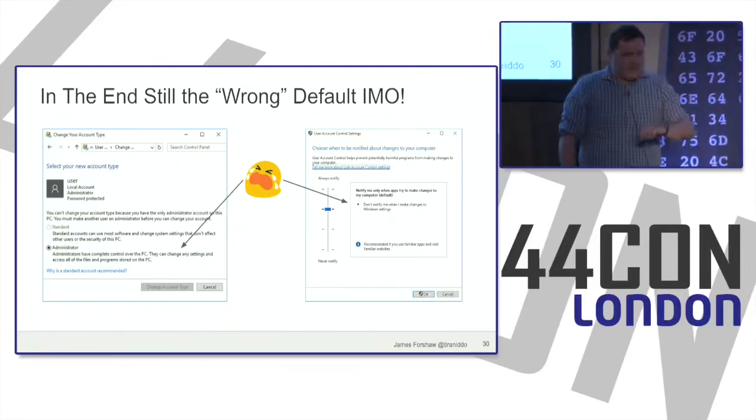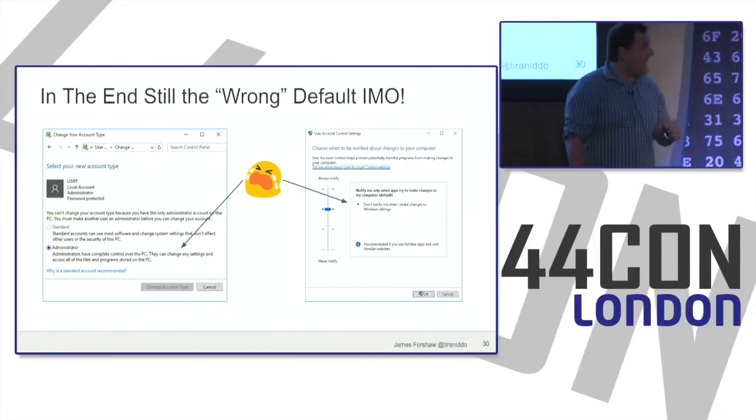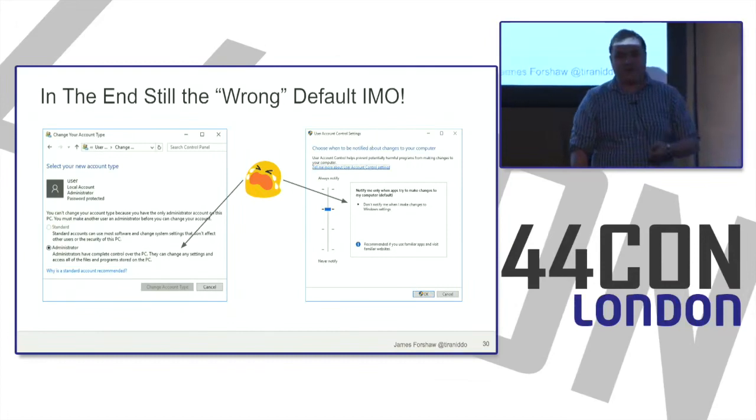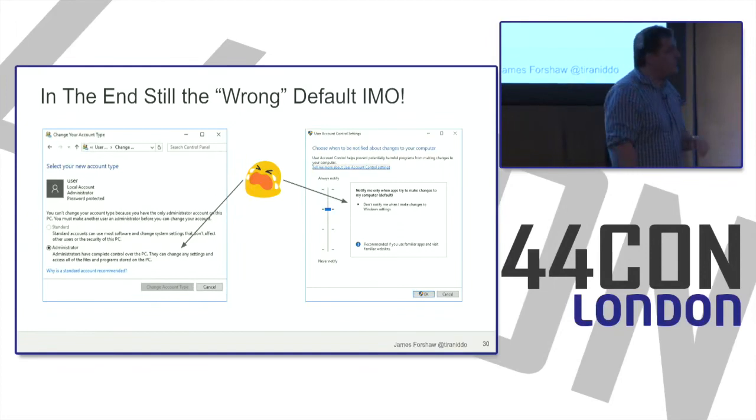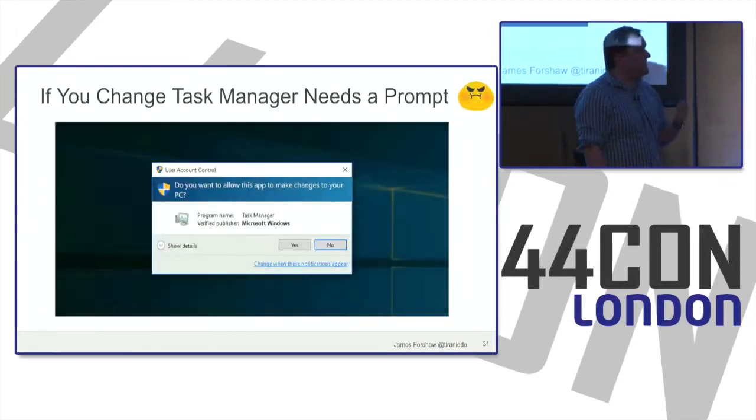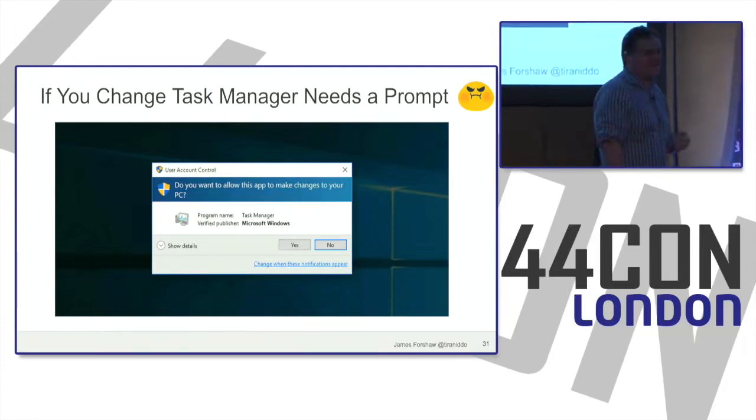But if you really want to see quite how far Microsoft doesn't actually care about the current UAC settings, all you have to do is turn up that setting to the highest level, and this will always notify you anytime even a Microsoft application tries to elevate. So you get stupid situations like the task manager requiring a prompt. If you are an admin user and you try and open task manager with full prompting, it's going to show you that dialogue. Thanks very much. Like, that's not very helpful.